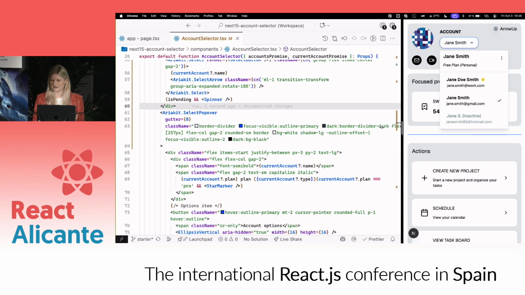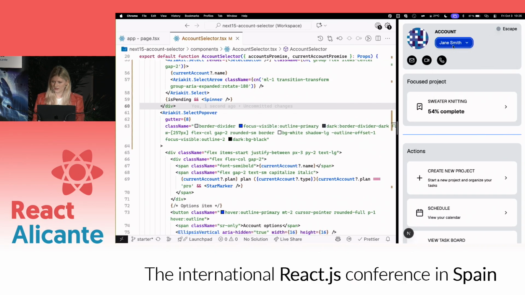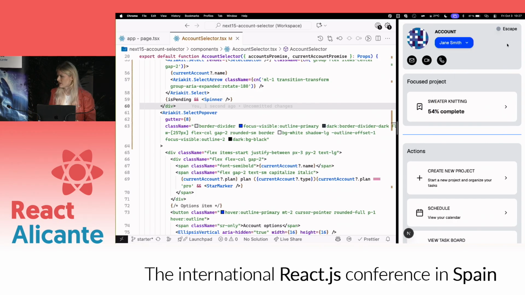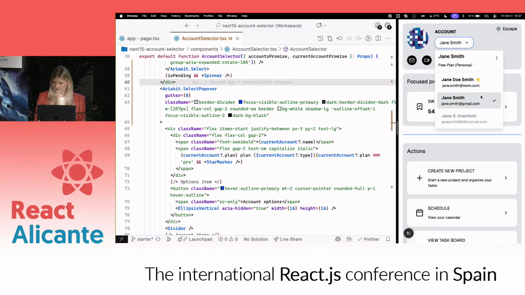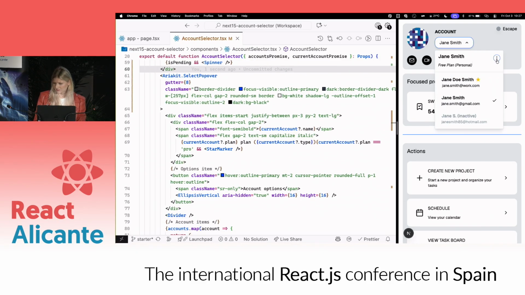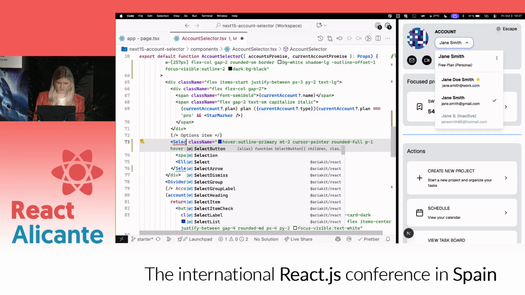And already, I have this smart viewport-aware positioning. I have the escape key working. I have the click outside. So I already have a lot of the things I was struggling to build earlier. We also have the contents of this custom component. For example, the first options item here, just this custom options item. So that's here. I can just use a select item,